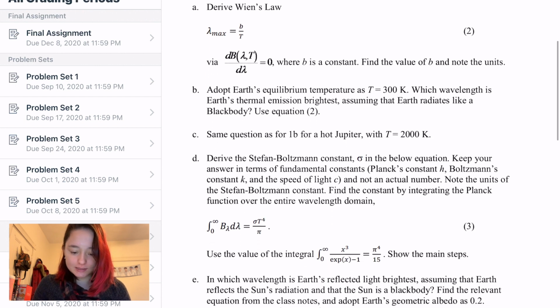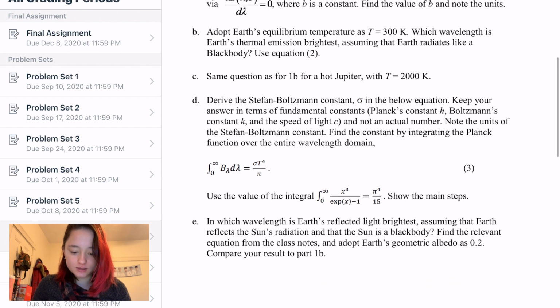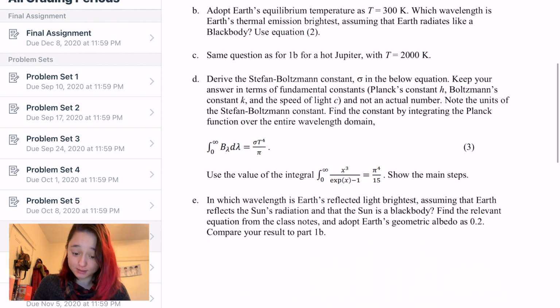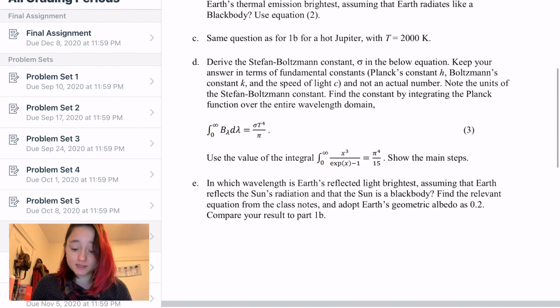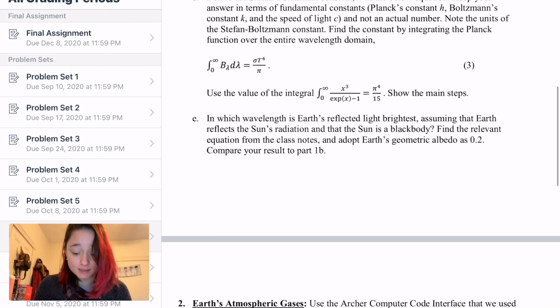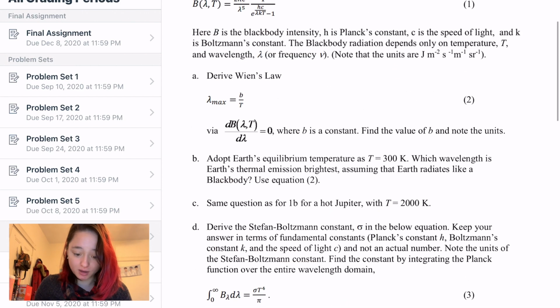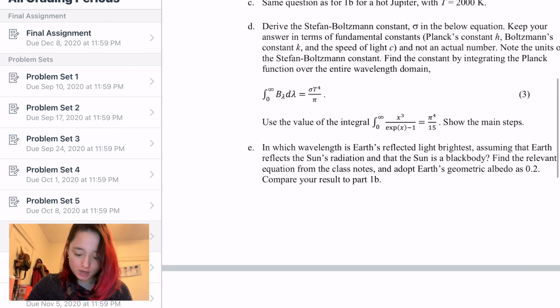So derive Wien's law. And then it asks at which wavelength Earth's thermal emission is brightest. Then it asks for the same for a hot Jupiter, which is a type of exoplanet. And then it says to derive the Stefan-Boltzmann constant. And at which wavelength is Earth's reflected light brightest? So lots of questions about black body radiation. Second problem